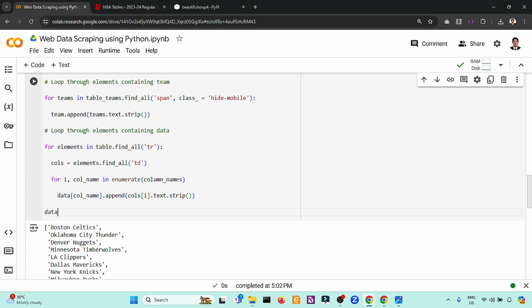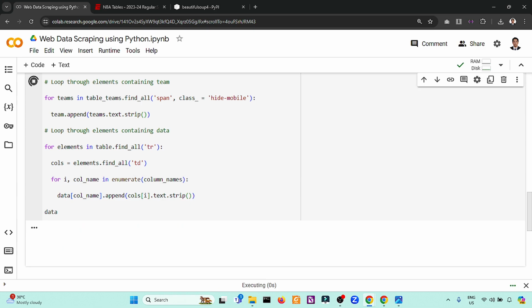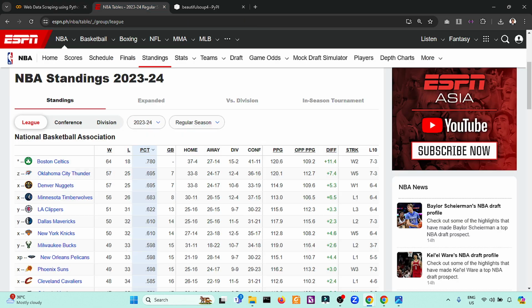So let's see, if I declare here data, the result, this is a loop. I need a colon. So the specific data can be extracted. For example, you can see wins 64, 57, 57, 56.